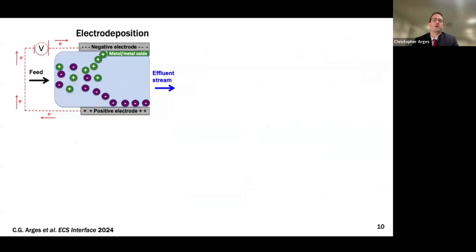So for other methods, you can have 2 electrodes. You can have a solution that's flowing through it. And you can do electrodeposition. So maybe you have some type of valuable metal ion, like say copper on here. Then you can reduce the copper here at the negative electrode and plate it on this electrode. And then you get the anion just to absorb in the electrochemical double layer on the other electrode. So electrodeposition is also a very good method for doing separations.